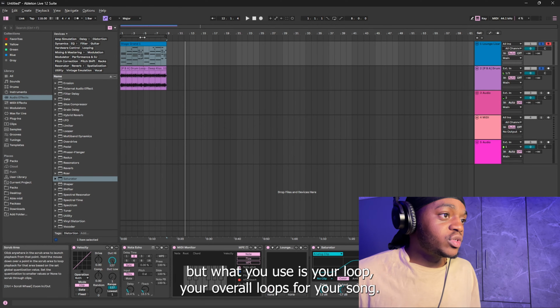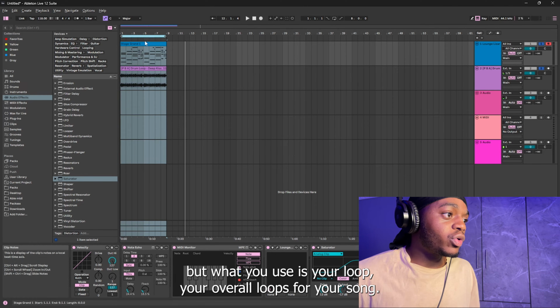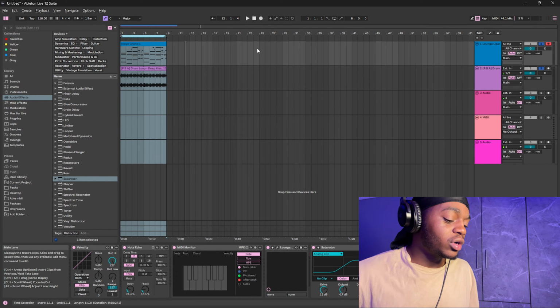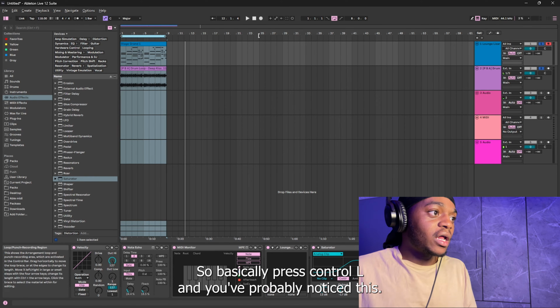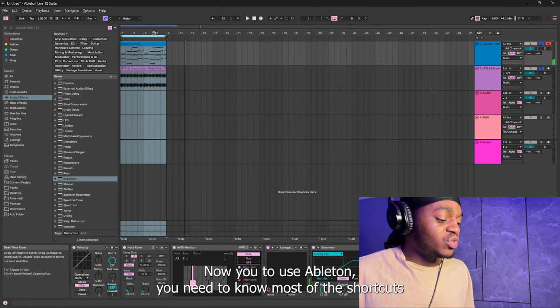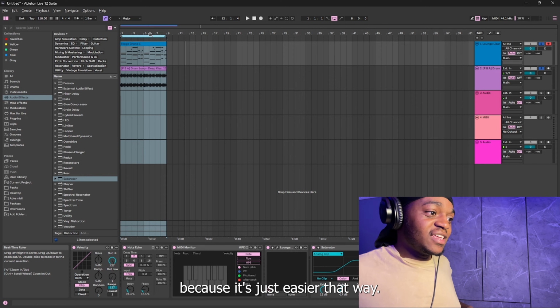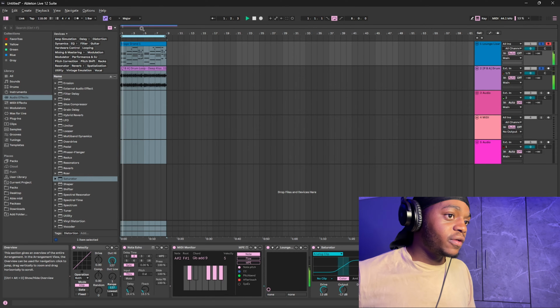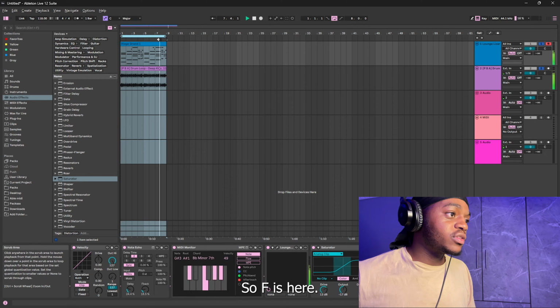But what you use is your loop, your overall loop for your song. So basically press Control L, and you've probably noticed this now. To use Ableton, you need to know most of the shortcuts because it's just easier that way. And then now it's gonna loop. So if it's here,